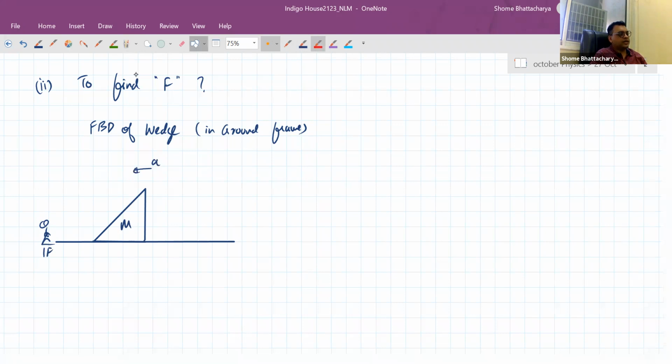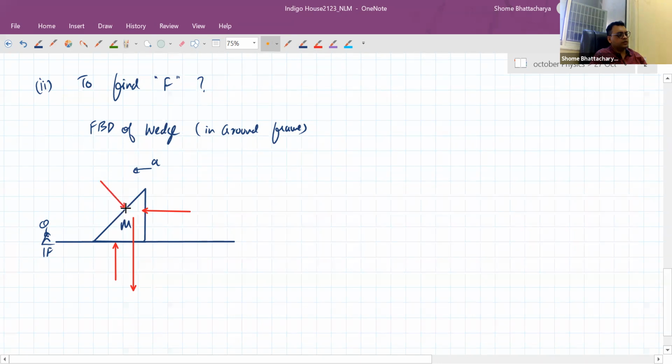Now, what are the forces acting on the wedge? There is F, very good. We want to find that out. There is its own weight mg, which is known to us. So that's also okay. There is some kind of contact force which the ground is applying. That's also okay because that's vertical. But the problem is there is this normal reaction that the block is applying on it. So I'll have to take this into consideration. So this is the normal reaction, let's say that the floor is applying. This is its own weight, and this is the force F. And now we'll have to consider this.